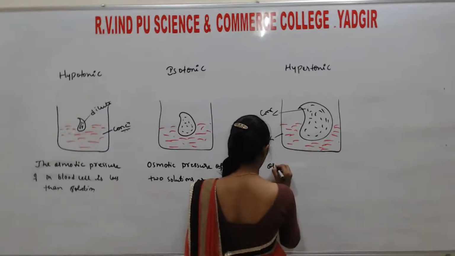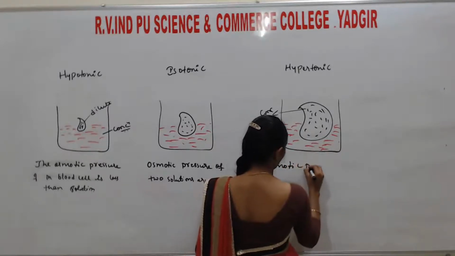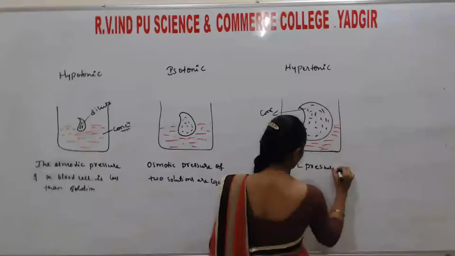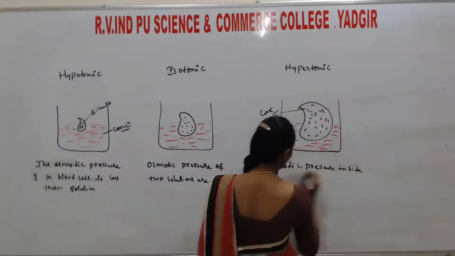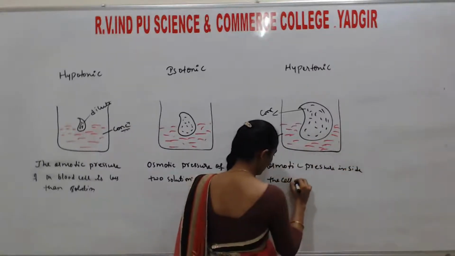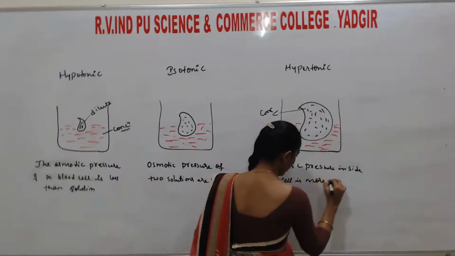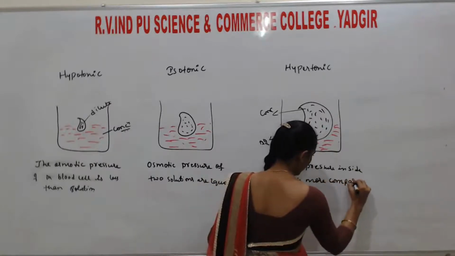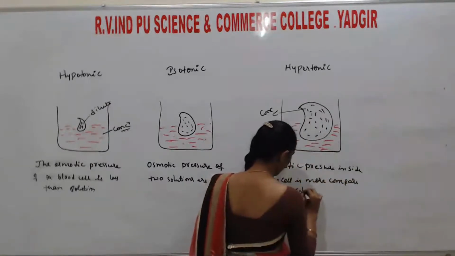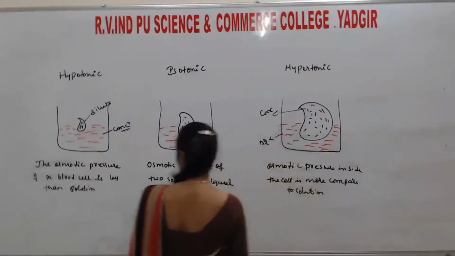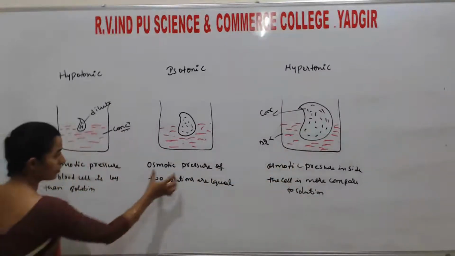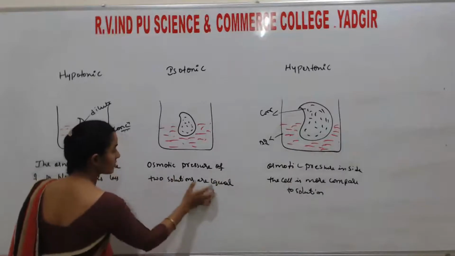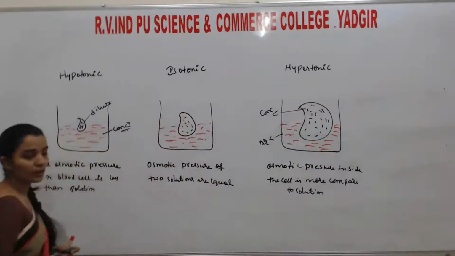So here the osmotic pressure inside the cell is more compared to this solution. Okay, the osmotic pressure inside the cell is more compared to the solution. Okay, so students, I told you if the osmotic pressure of two solutions are equal, then they are called as